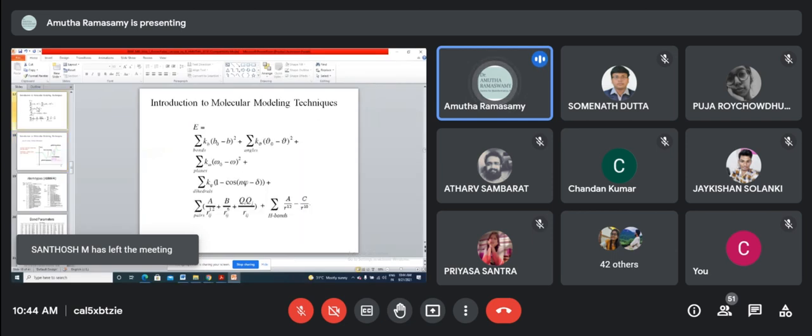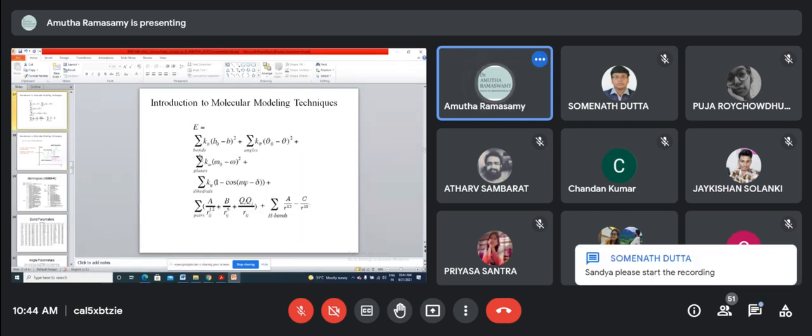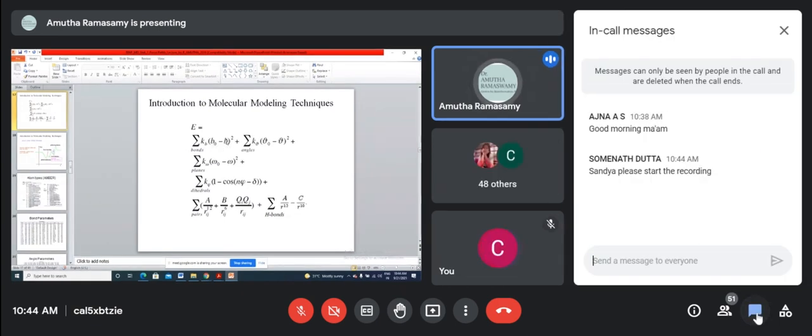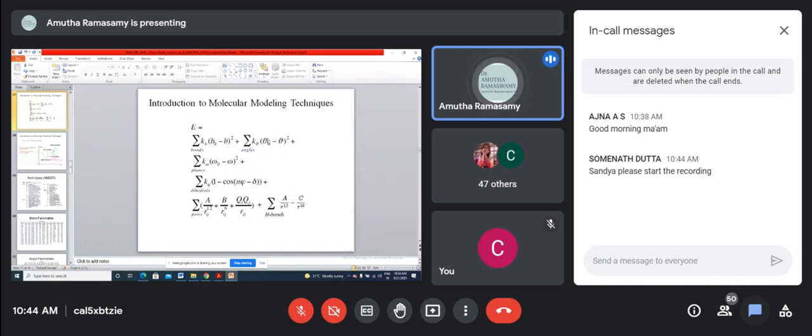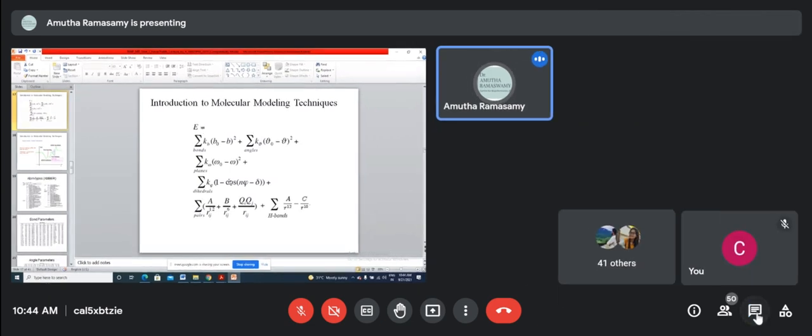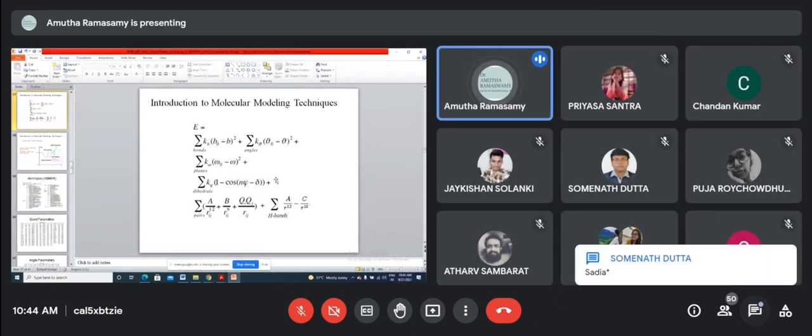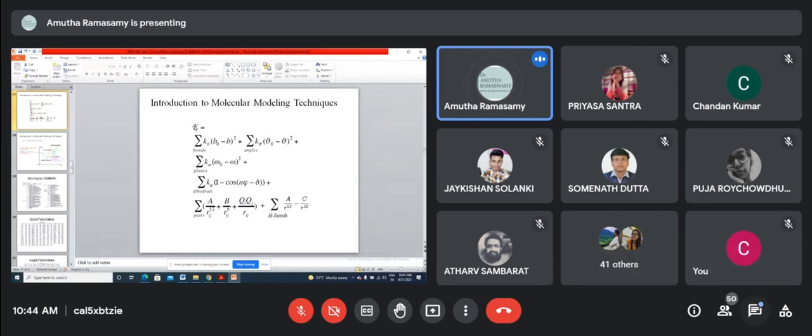If you see your previous bond term, this is X0 minus X. Even though it is B0 minus B, it is position dependent. So you have a variation in this parameter. Every variation in the parameter will be reflected in the total energy. Similarly, you have an angular variation which is also associated with a bond variation. A positional change again will reflect. So R is there, R is here. Everywhere, directly or indirectly, R is there. So if you are going to plot,